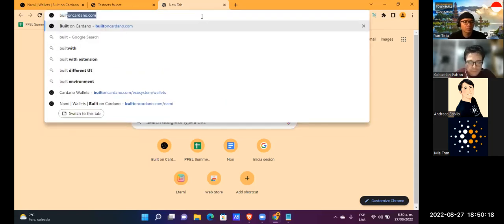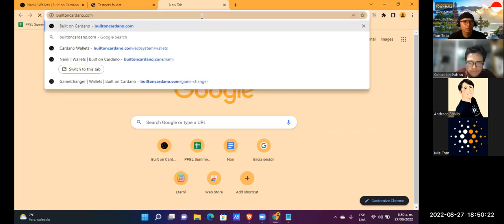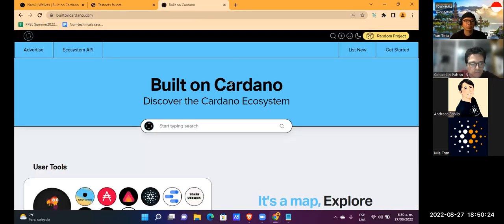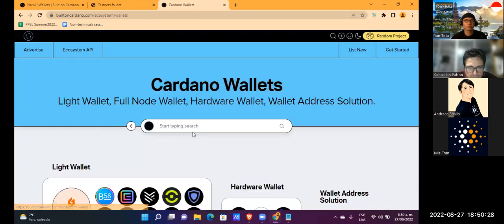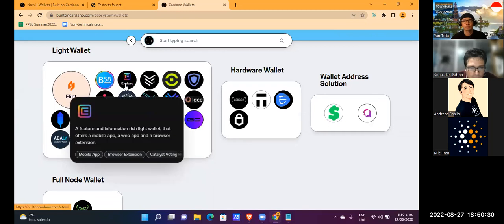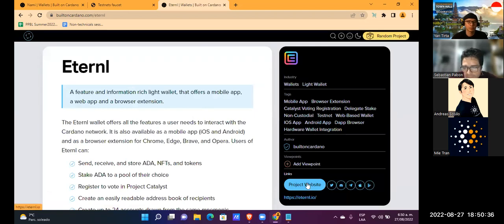We can go build on Cardano.com, and here in wallets we have this wallet named Eternal wallet.